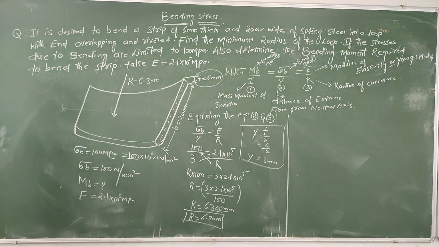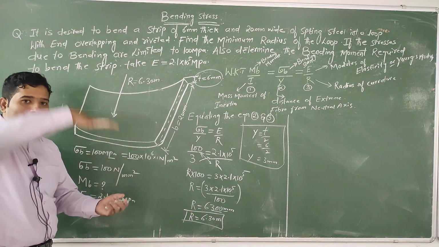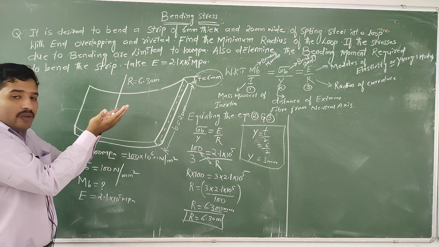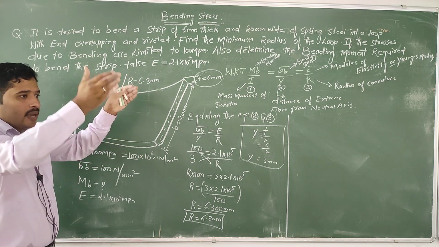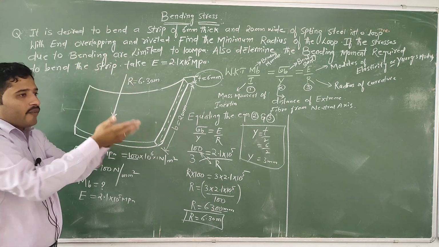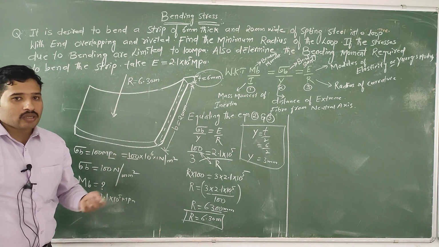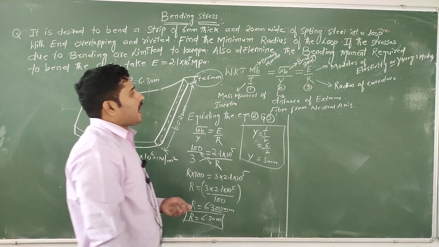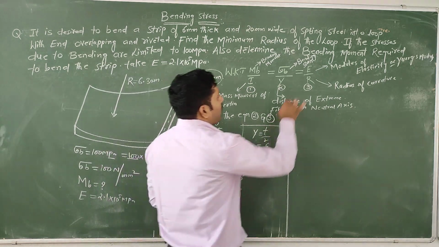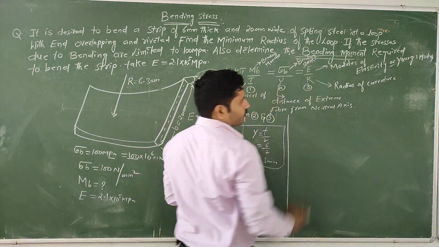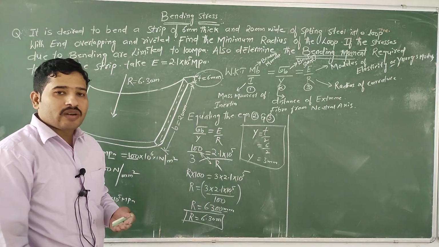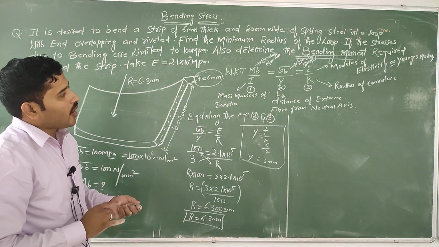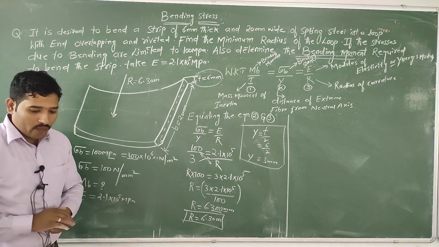meter. We got it. So if we apply some amount of bending force, then this strip will bend. It looks like a curvature. The radius of curvature is 6.30 meter. But in this problem, he is also telling us to find out the bending moment. So which equation do we have to equate to get the value?